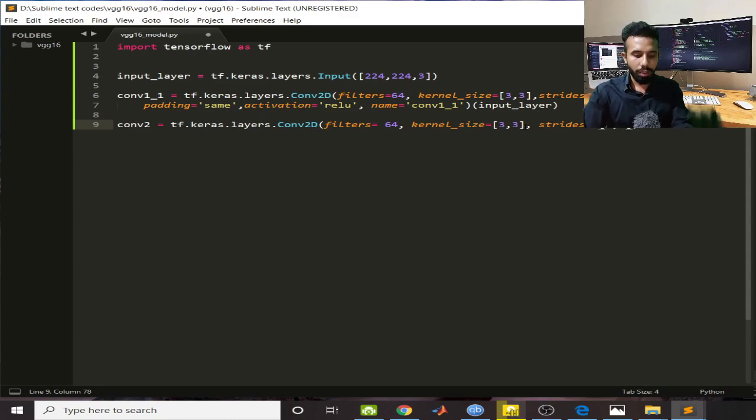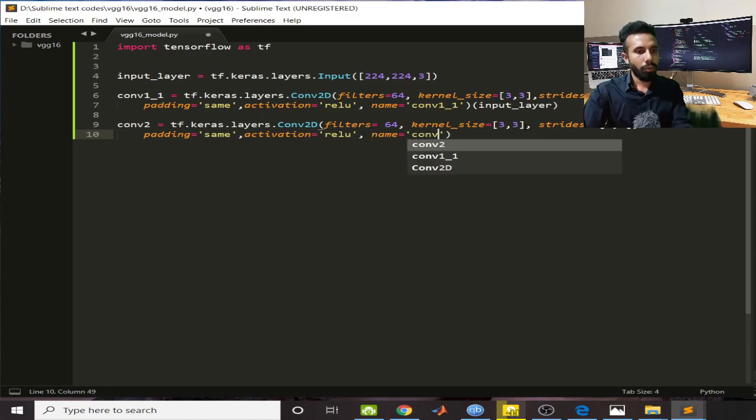Then padding, so padding I will be keeping the same, and activation I will be using the same rectified linear unit. And then the name out there I will be giving conv1, and that is 2, and I am going to pass this